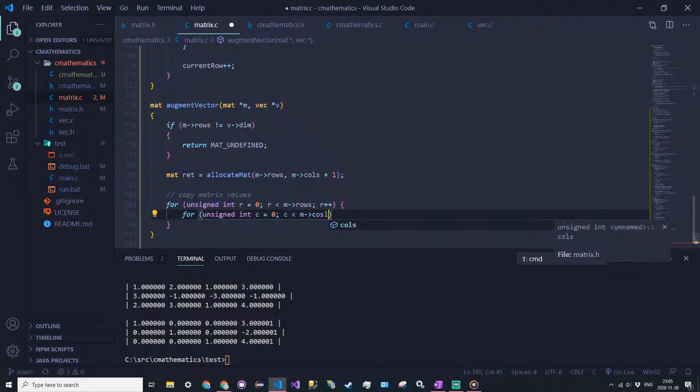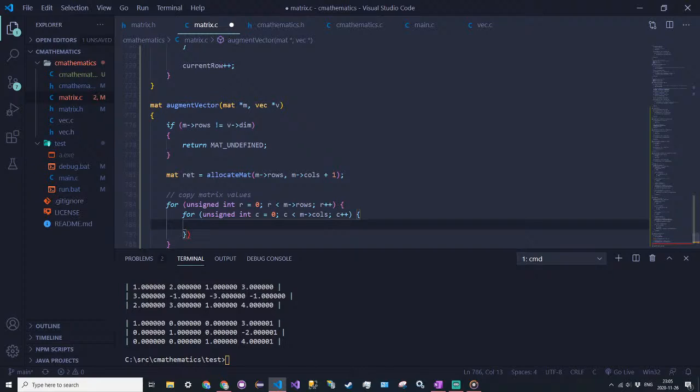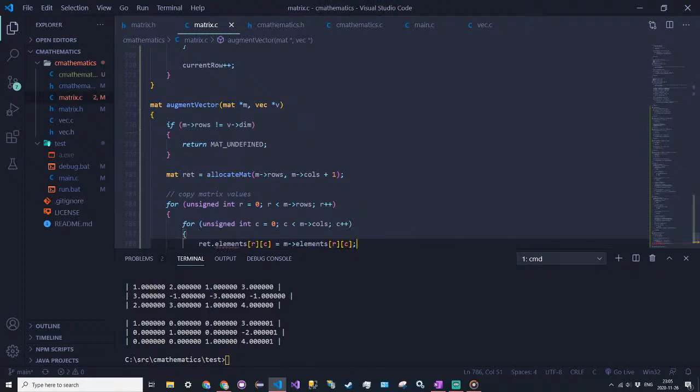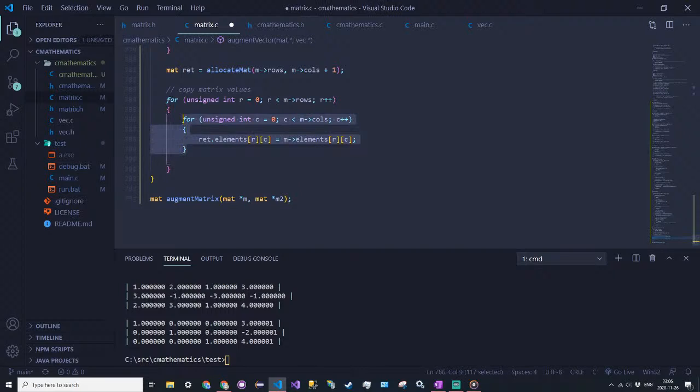And then in C++, all we have to say here is ret.elements at r at c is equal to m.elements at r at c. So this is just a direct translation over. And we can't use the copy function because we want to expand the dimension. And then now what we have to say is after the for loop here,